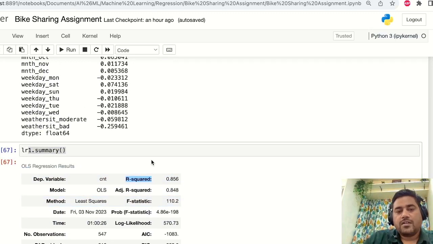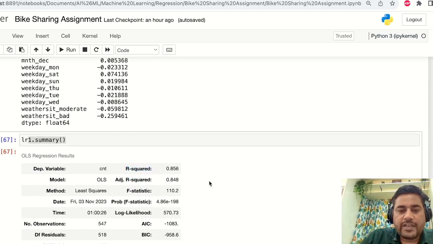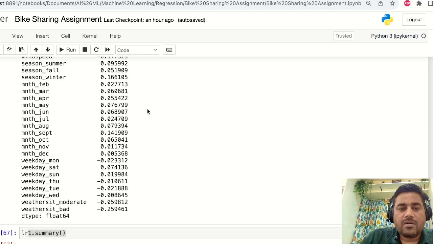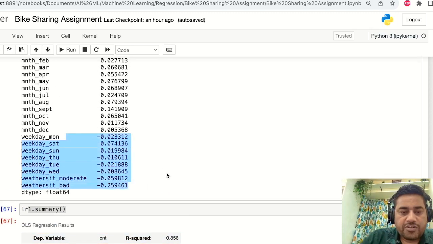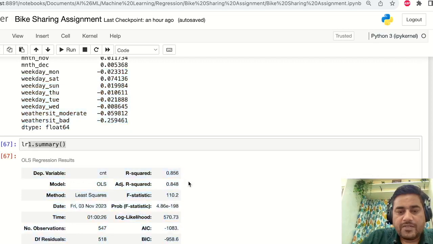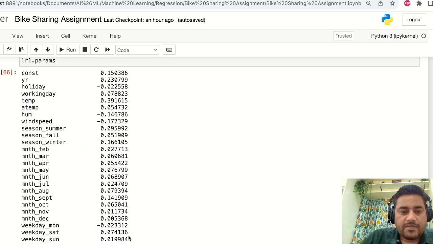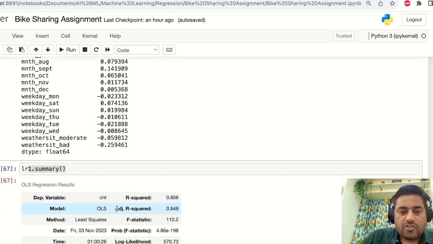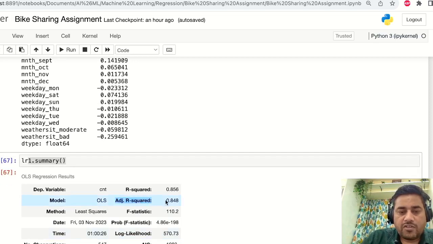When we are building any linear regression model, any model, we have to check the accuracy, or what the coverage of features is in the model. We can see that the features we have used cover around 85% of the data. And since R square may not give the correct value, we are using the adjusted R square. If it is a multilinear regression model, we will mostly focus on the adjusted R squared, because there is one issue with R square,